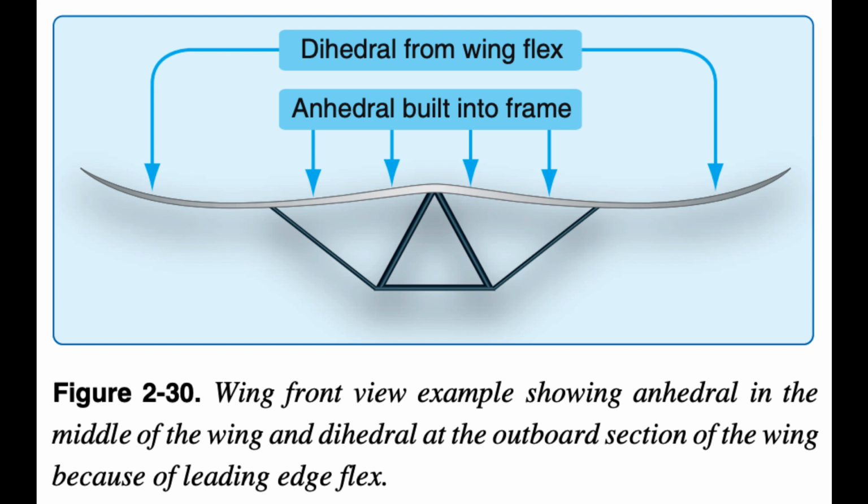As the wing is loaded up from additional weight or during a turn, the tips flex up more, creating more dihedral and a roll stabilizing effect when loaded. Figure 2.30. Generally, it is thought that the wing remains level and the weight shifts to the side to initiate a turn. Another way to look at how the